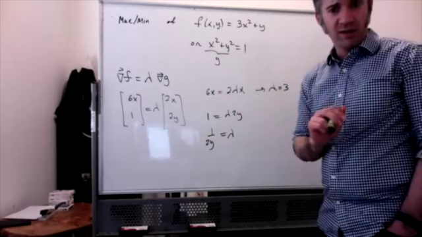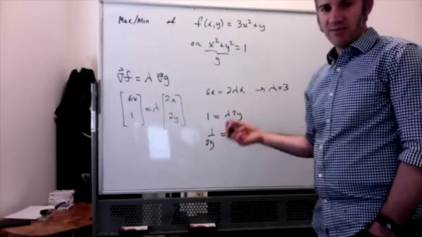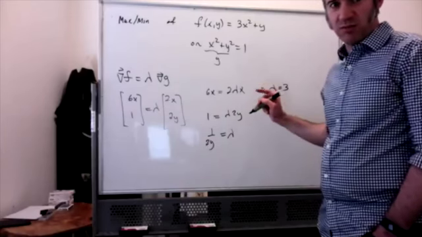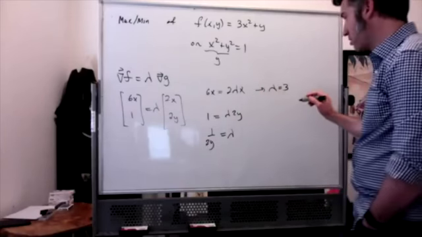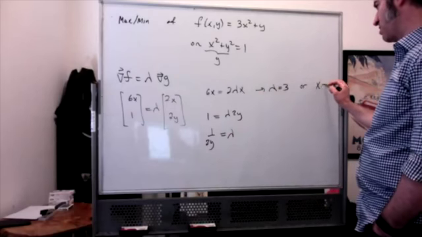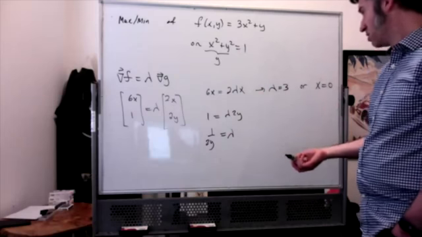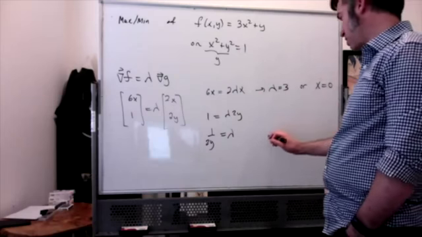So we have to be a little extra careful here, right? I divided both sides by 2x. That's not the only solution. I can have lambda equal to 3, but it would also be correct to say that x could be 0. Both of those are true. So if lambda equals 3,